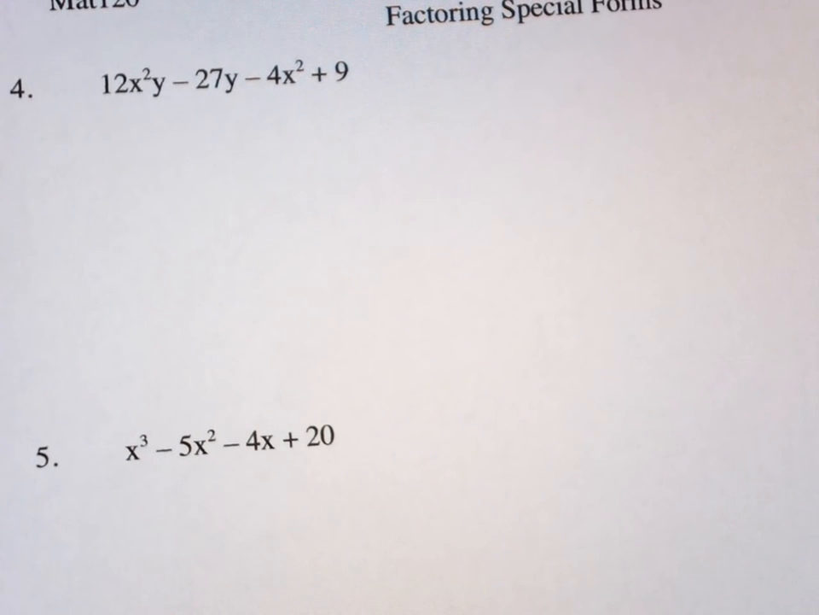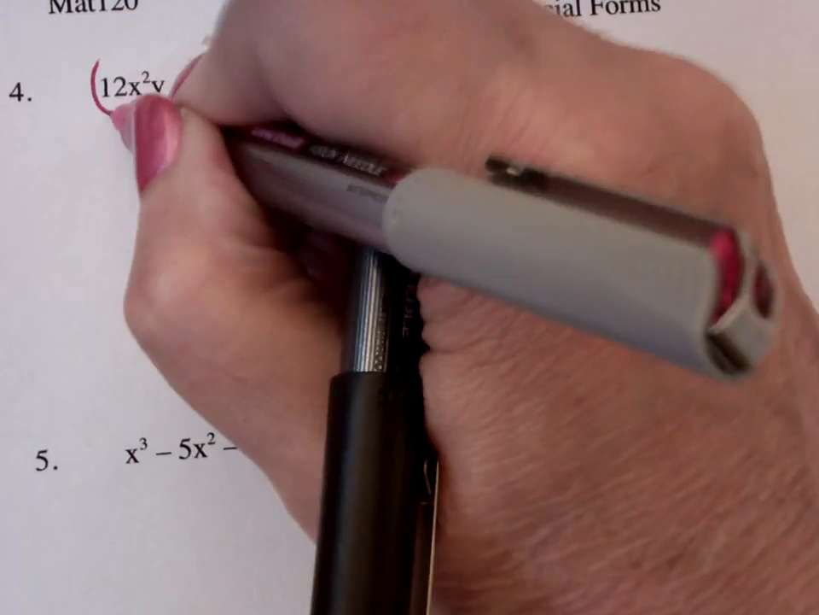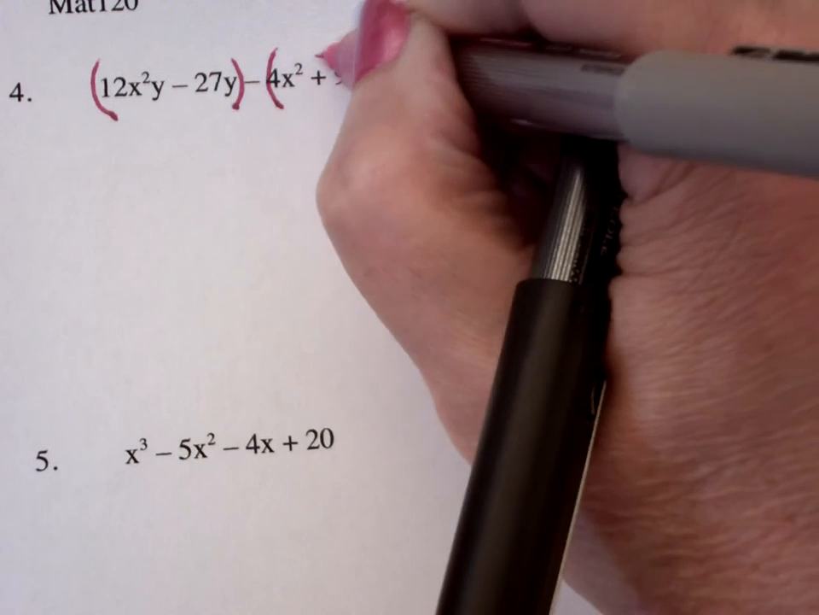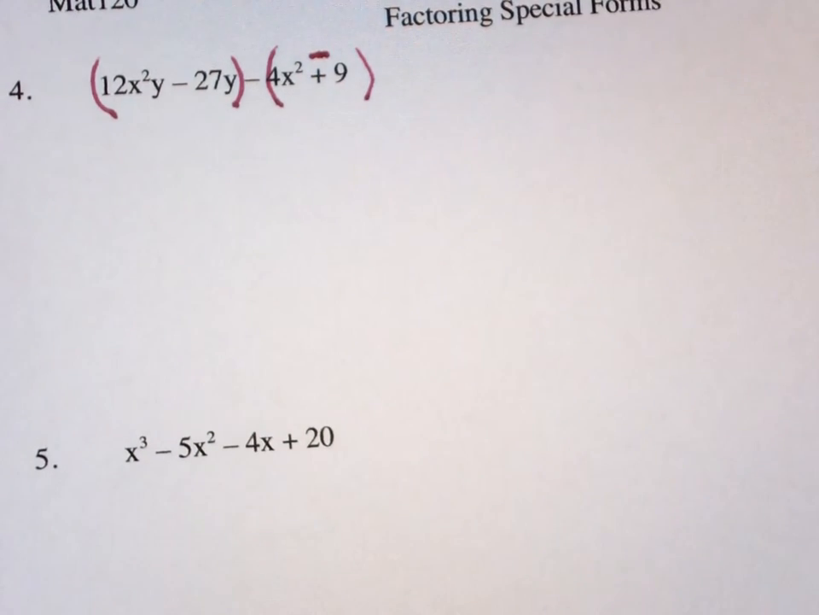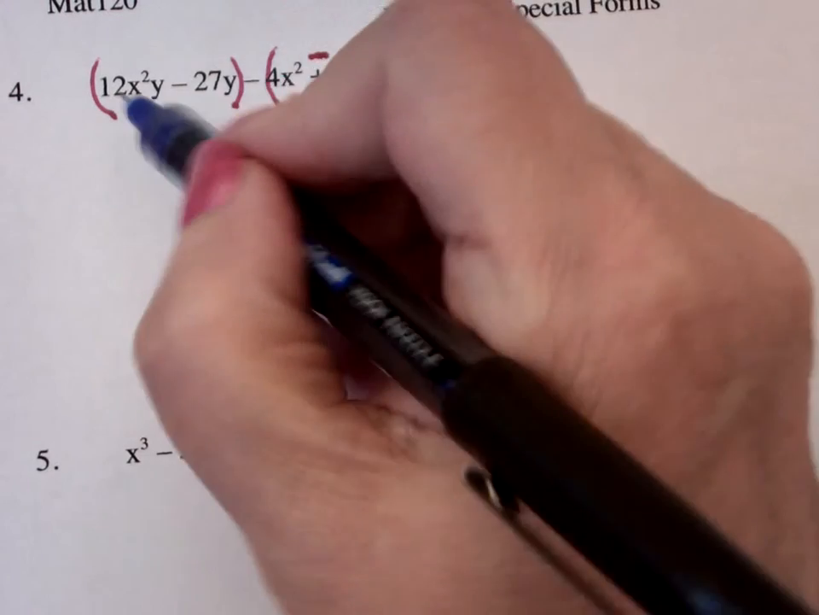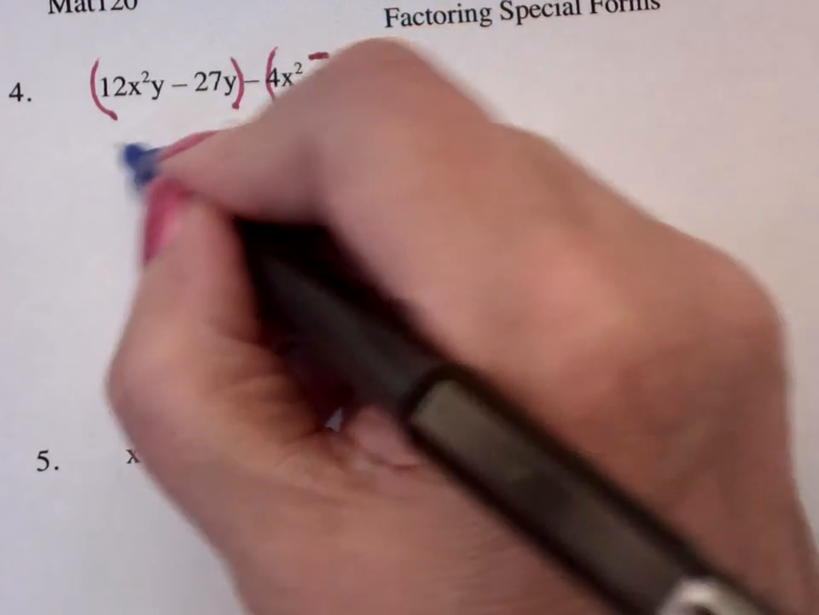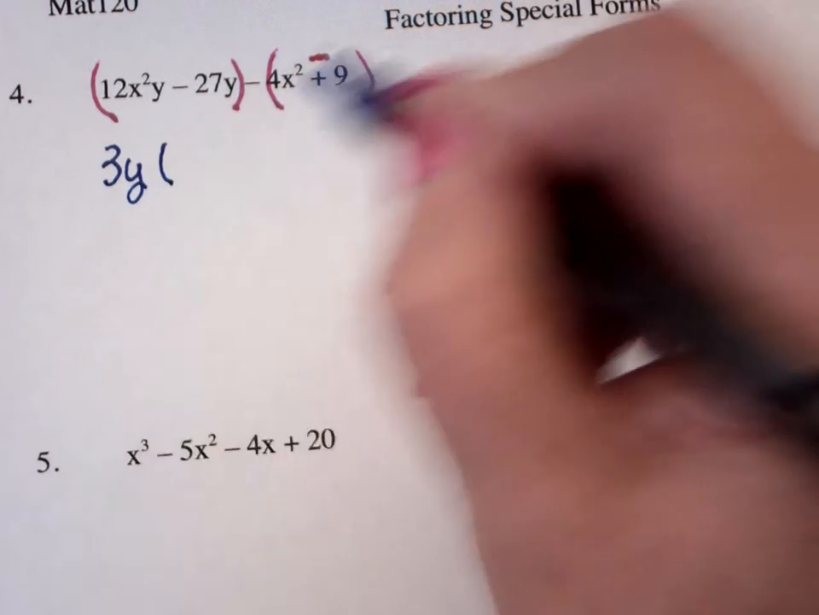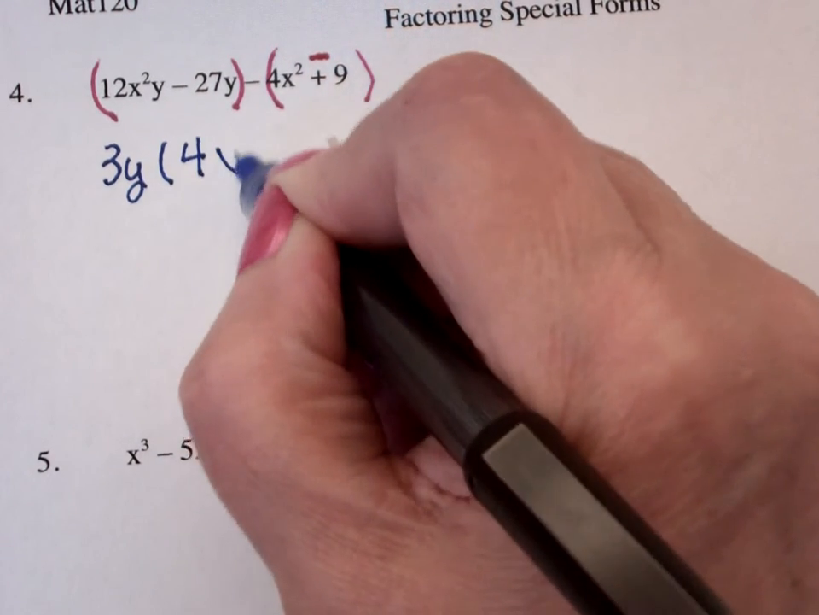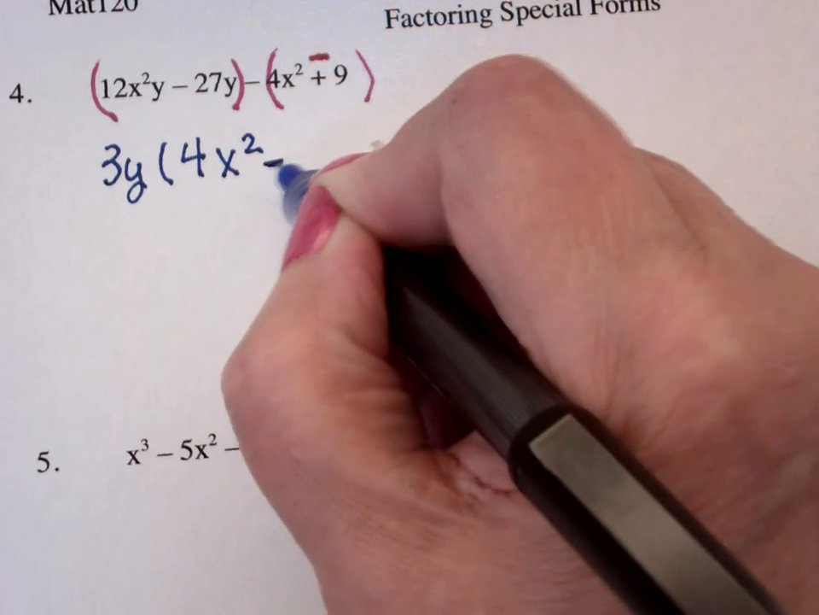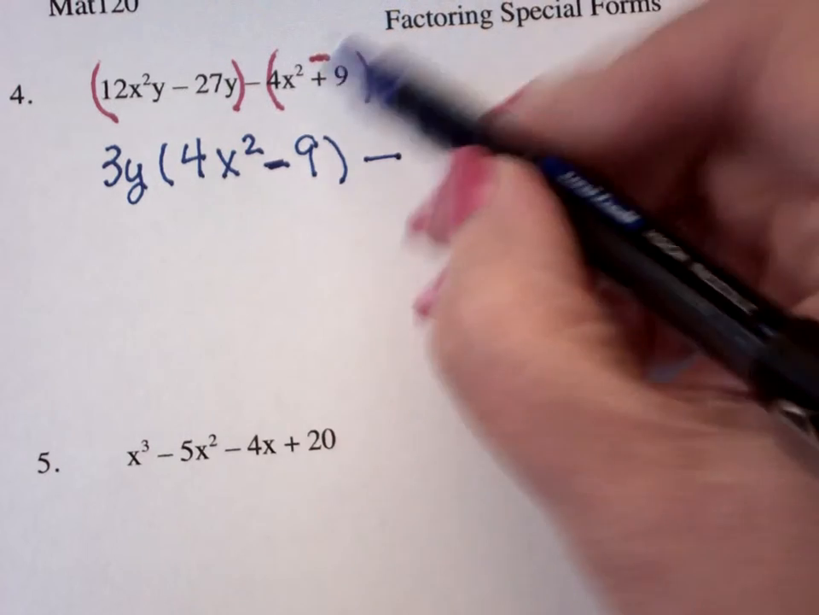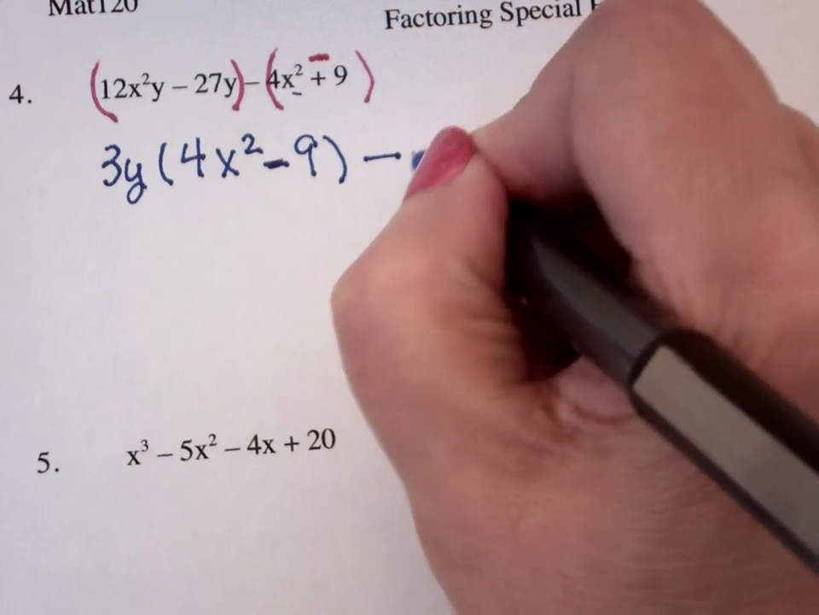Four terms is always what? Factoring by grouping. So 2 and 2, because that's minus, that 9 becomes minus. Greatest common factor looks like it's going to be a 3 and a y. This is 4x squared minus 9 minus, that's a 4x squared minus 9, so this is going to be a